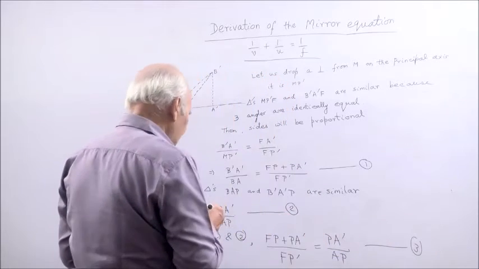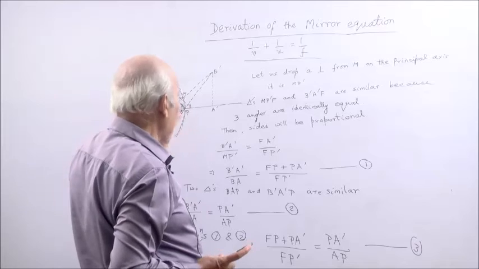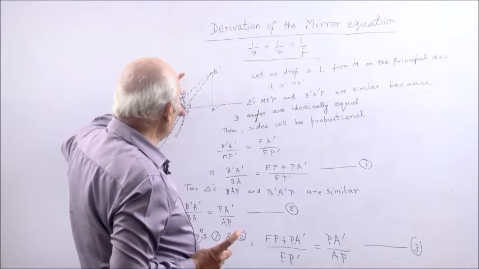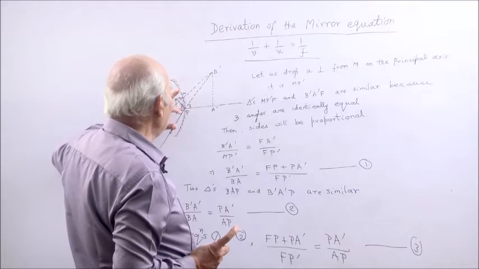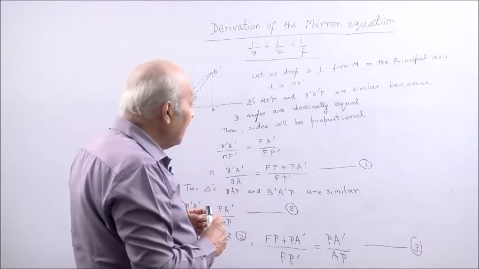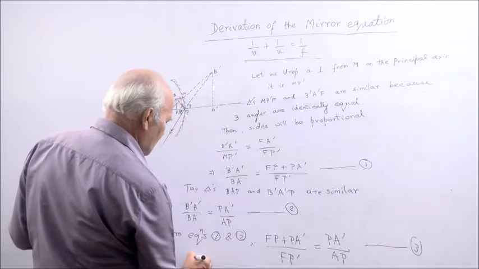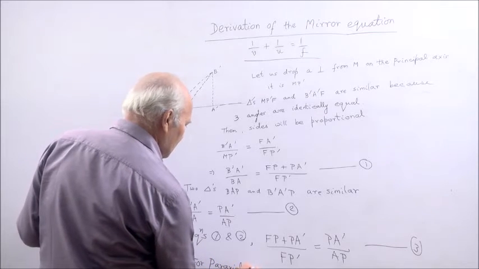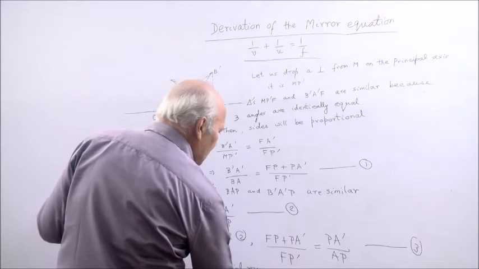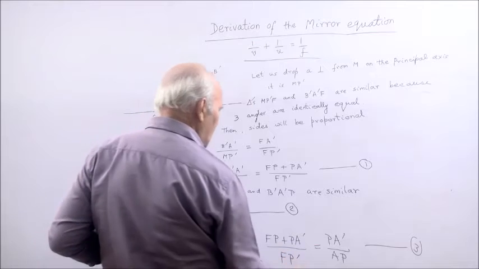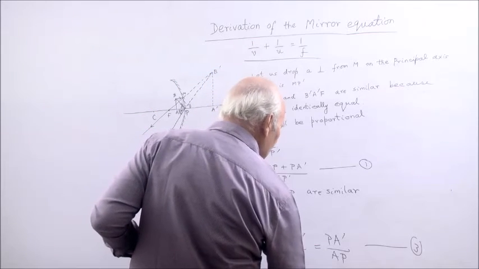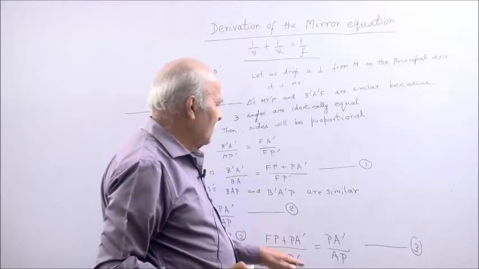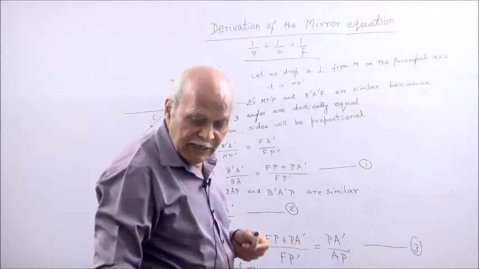Then we use the same approximation, considering rays nearer to the principal axis, so this point M will be closer to P, so that P dash will approach P. So, in that approximation for paraxial rays, M tends to P, so that P dash approaches P, and this FP dash will actually be FP. So, equation 3 will become